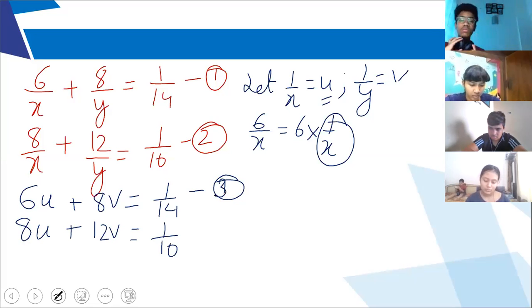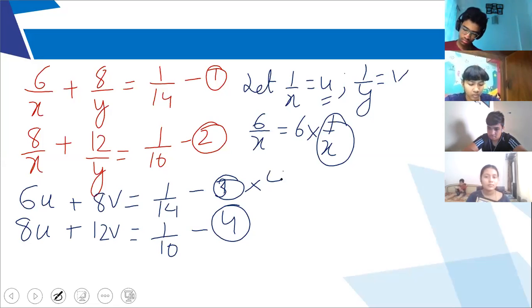This is 3. Don't make it 1. It is the 3rd equation, and this is the 4th because I have now introduced my own variable. So I'm going to, might as well change it. Now what I will do is I see 6 and 8. And I know that 6 4s are 24 and 8 3s are 24. So I will just multiply the third equation with 4 and the fourth equation with 3, because the u variable I'll get the same. So let me just make a space over here.